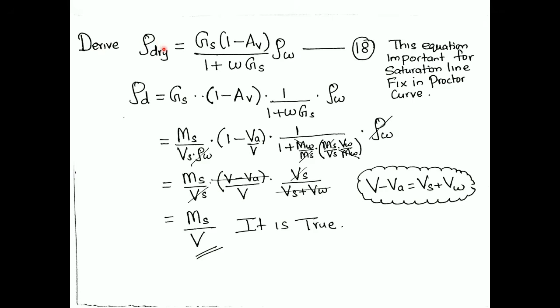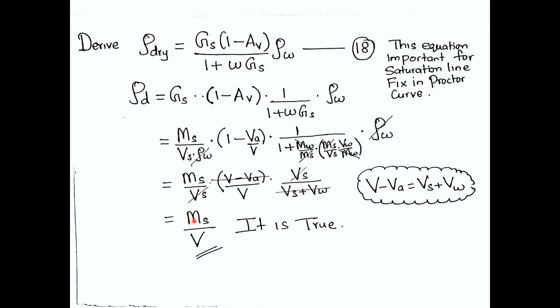Dry density is equal to GS into 1 plus W, into rho W over 1 plus W GS. Equation number 18. This equation is important for fixing the saturation line in the Proctor curve. Okay, check later. This is the dry density, another relationship for dry density. Apply the definition for every parameter, then we can get